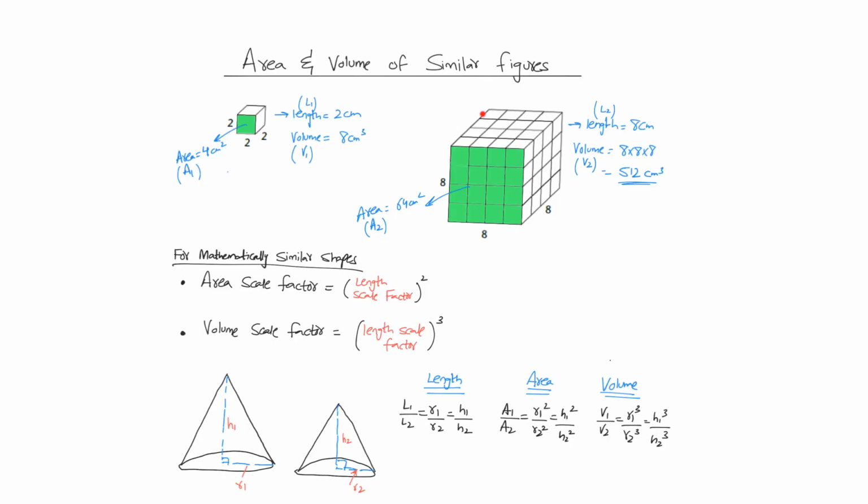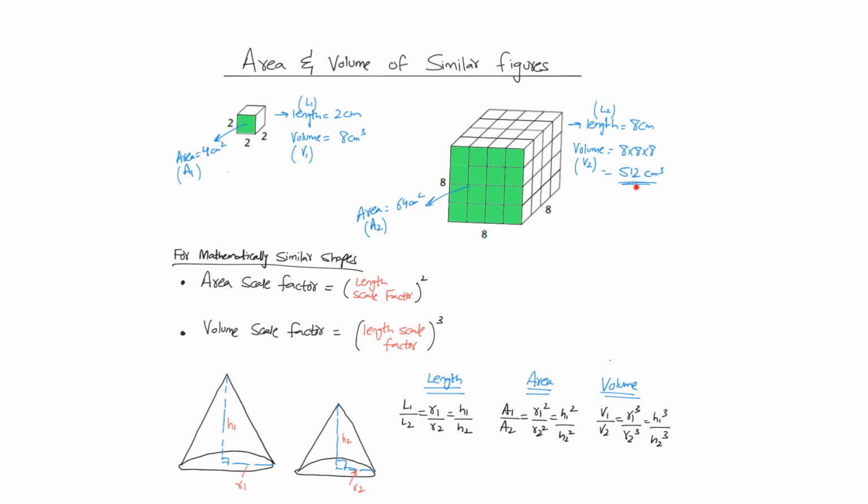Now in this slide, let us look at the area and volume of similar figures. Let us consider the same example in which we have a cube of side 2 centimeter and a cube of side 8 centimeter. Since it's a cube, all the lengths are the same. If you try to find the volume of this cube, the volume is given by L cube. So the volume of this first cube will be 2 cube, that is 8. And the volume of the second cube, 8 times 8 times 8, you will